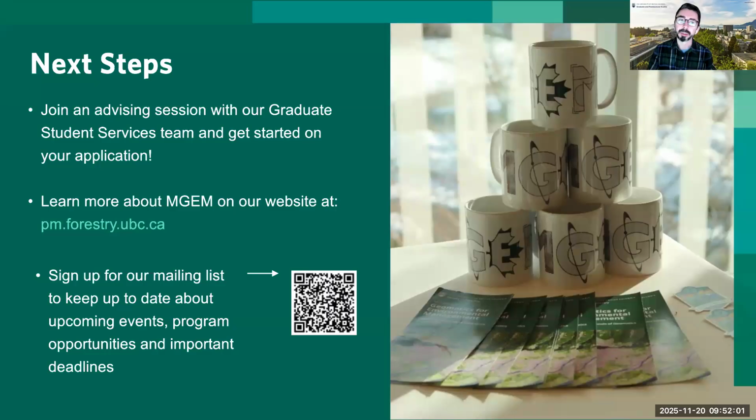That's great. Thanks, Lee. Next question from Stephanie, asking, is on-campus housing available for MGEM students? I'm happy to start off on this one. There is housing available for graduate students on campus, but it's in very high demand. So we'd recommend that if you're interested in living on campus, you should apply early for housing through the UBC housing website. You can actually apply for housing on campus even before you submit your grad school application.